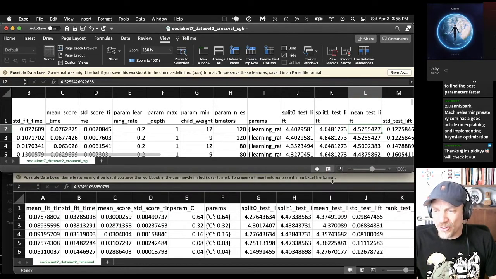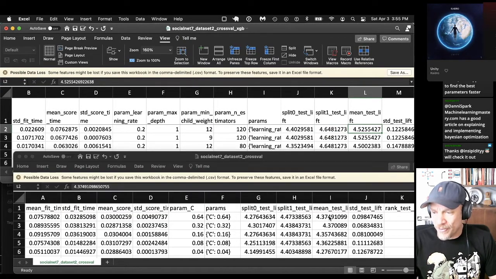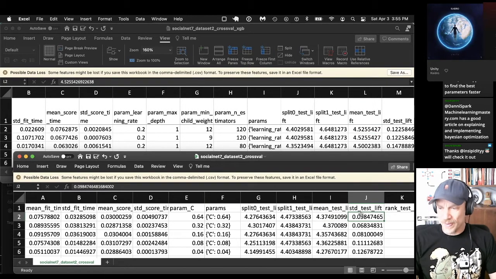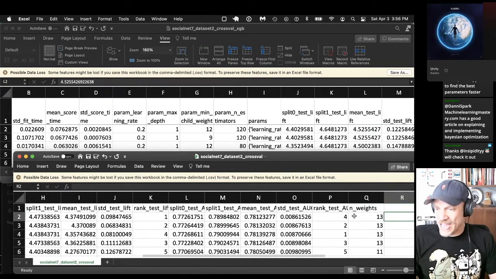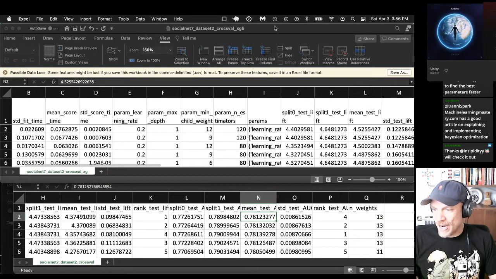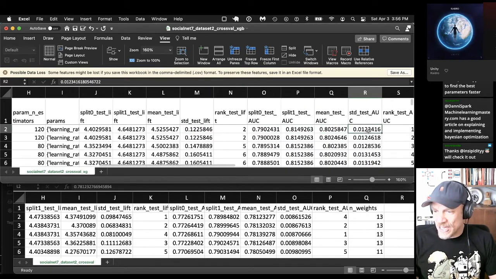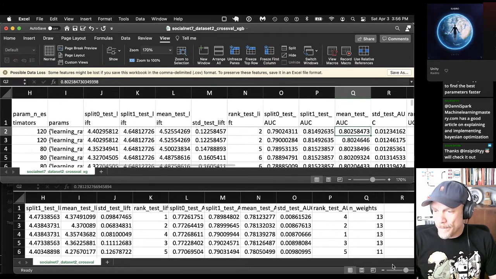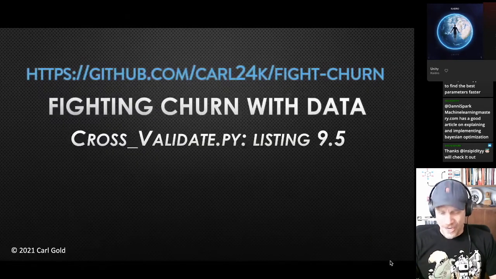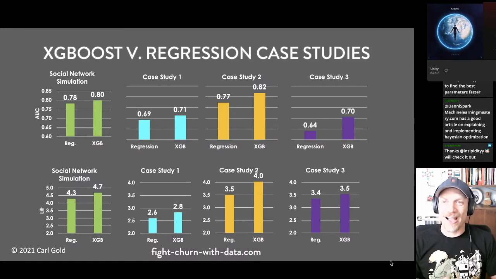So XGBoost is more accurate, 4.4 to 4.5 in the lift. And when we go over to the AUC, the mean test AUC of the regression algorithm was 0.78, and the mean test AUC of the XGBoost algorithm is 0.80. Hope you can all see that. So 0.78 to 0.80.